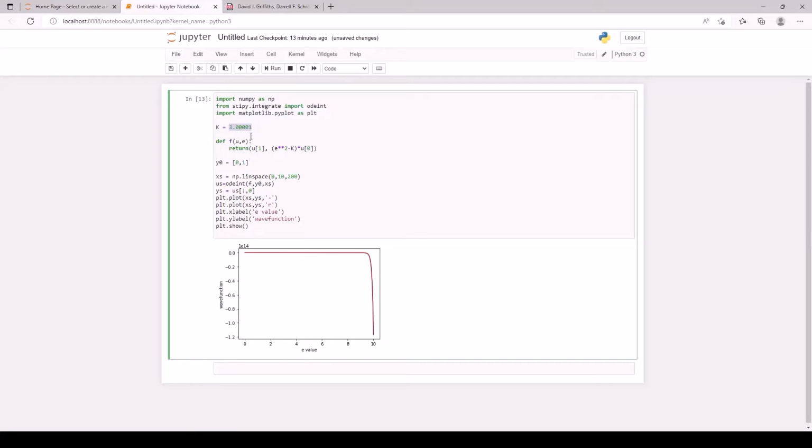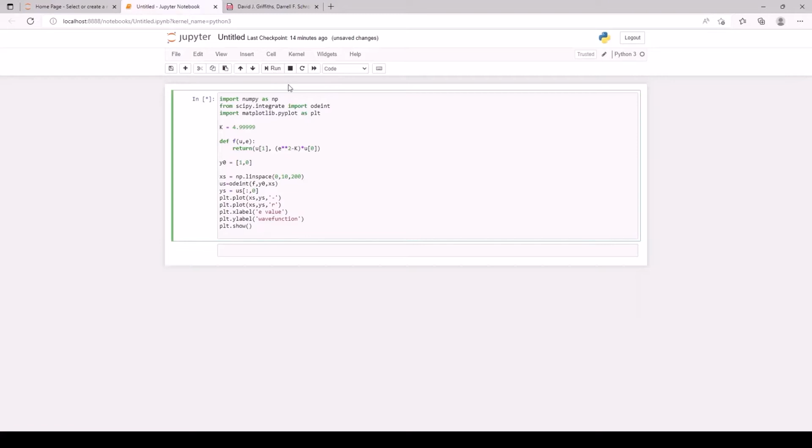And we do the same thing for the second energy state, so k equals 5. So we do 4.99999, and remember, this is now an even function, so we have to switch around the initial conditions once again. And we see that for 4.99999,